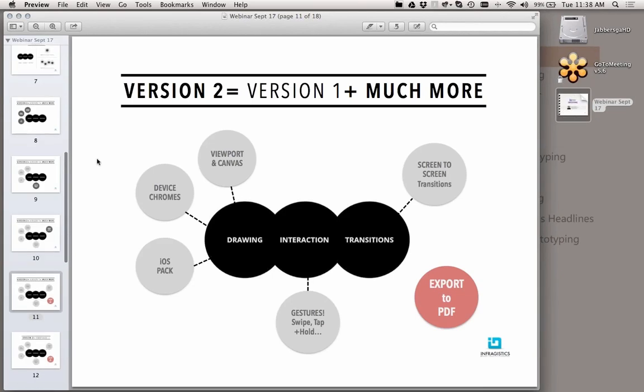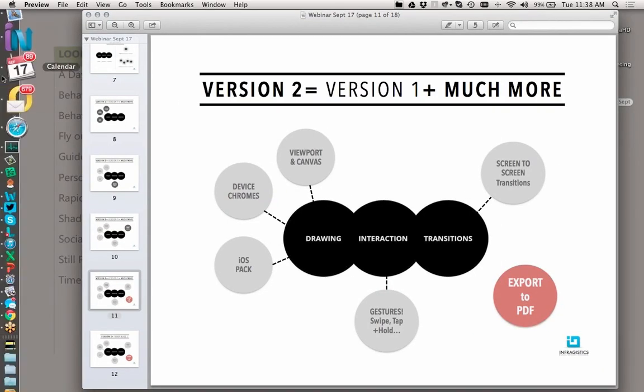All right. So what I was trying to show you was the concept of viewport and canvas, device and chromes, the iOS pack. But what I really focused on right now was the gestures and the new interaction capabilities we added, and also the new transition or the baked-in elements, which was the screen-to-screen transition. And of course, another important piece to our story was this export to PDF, and that's what I'm going to quickly show you right now. So if I go back into Indigo,